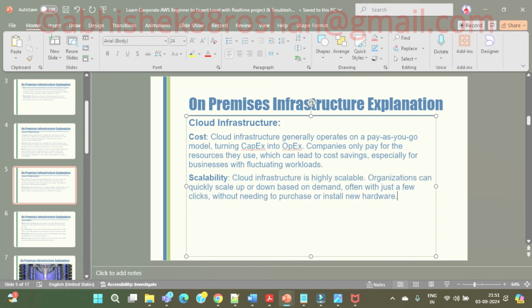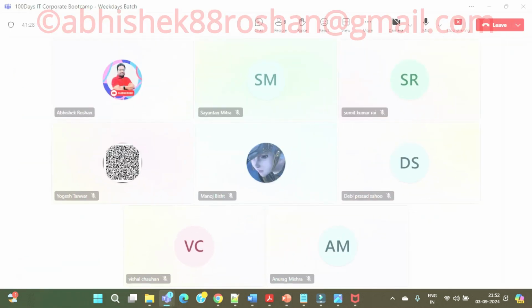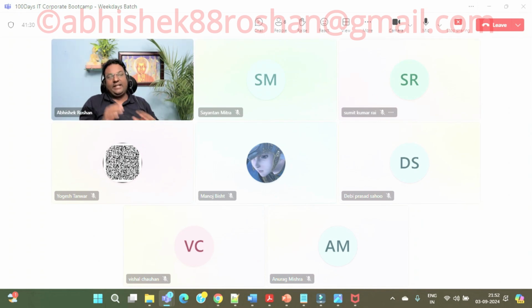Now again, one layman example I'm going to give you for this. When you have to travel within the city only, you said Ola as a service. For example, I am just telling you how you can understand auto scaling in your real life.